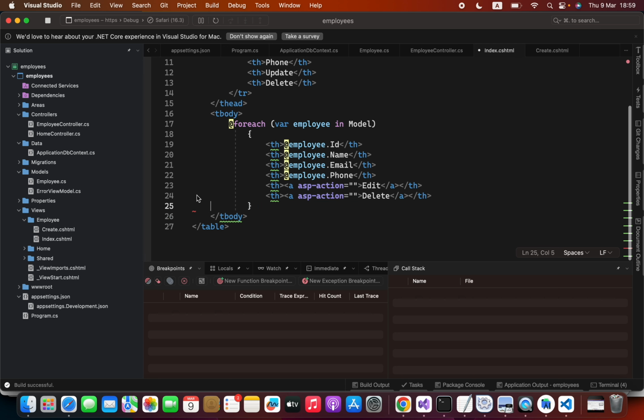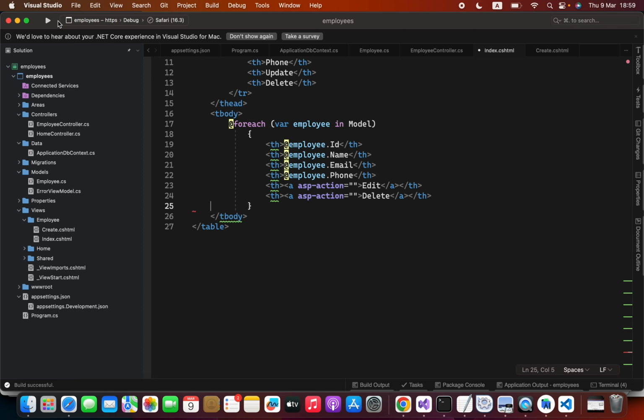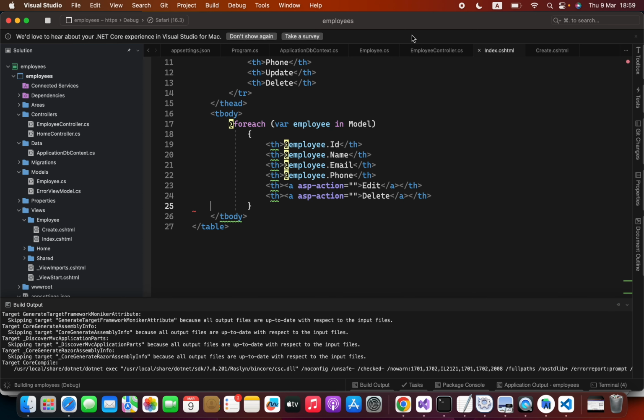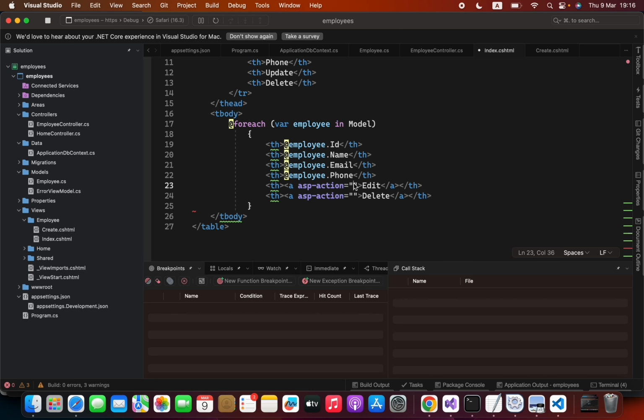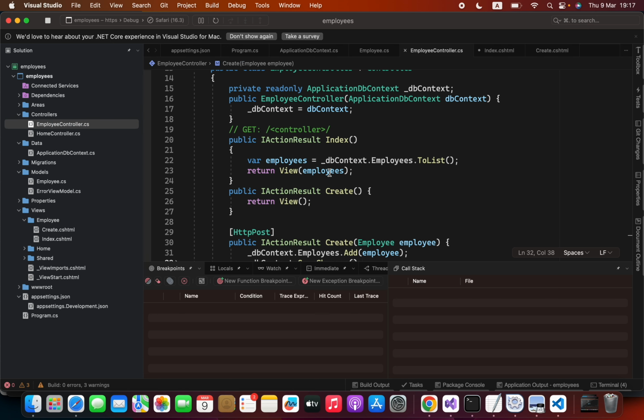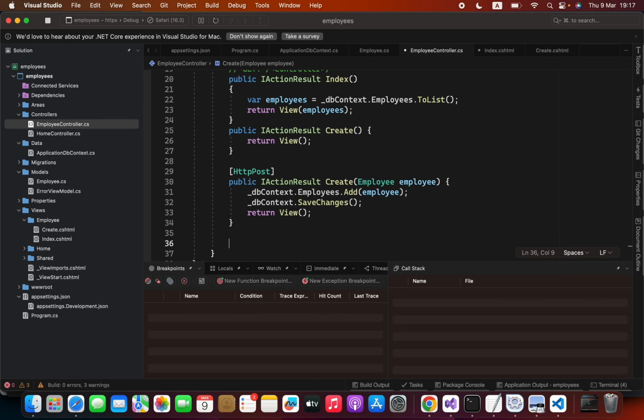Now let's see what's happening. I'm going to run this to see whether these buttons are visible or not. Now what I will do is specify this asp-action value as edit. So we are going to create that method in the controller. Open the employee controller. Here we are going to say public